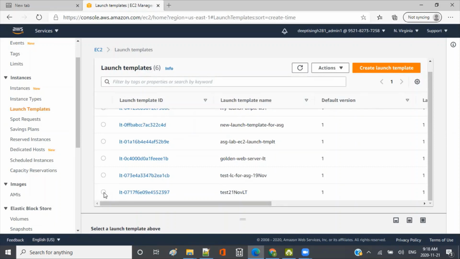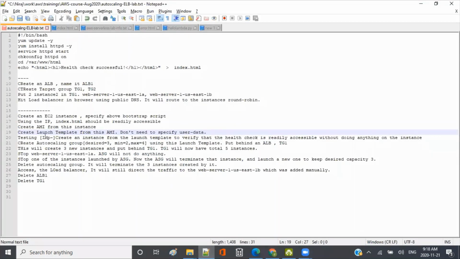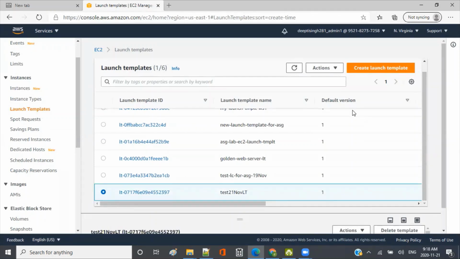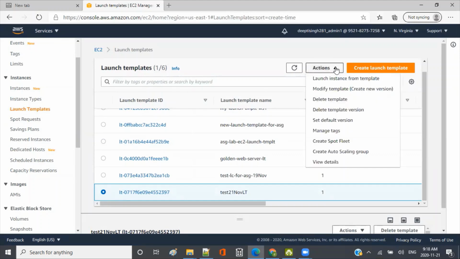So the next step is that I want to use this launch template for my auto scaling group. But before that, like I said, we want to test it, right? The launch template has been created, but I want to quickly launch one instance and see if it is good. So I'll choose this one, this is my launch template, and launch instance from this template.